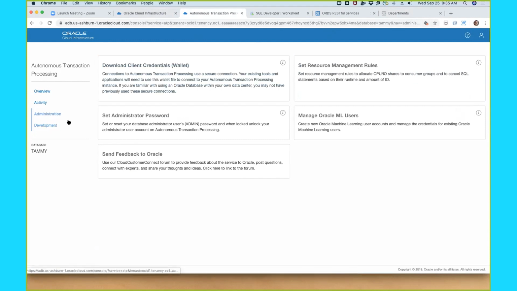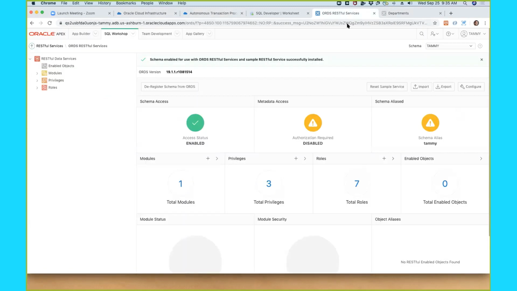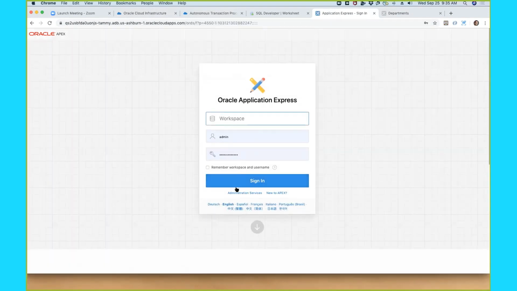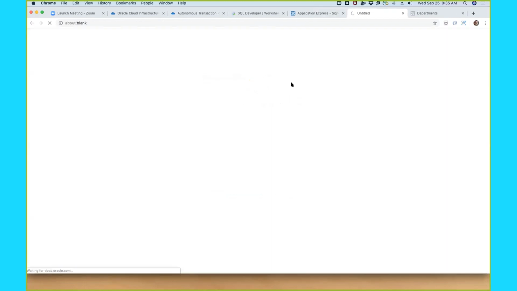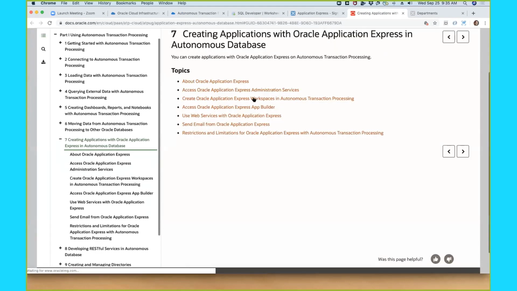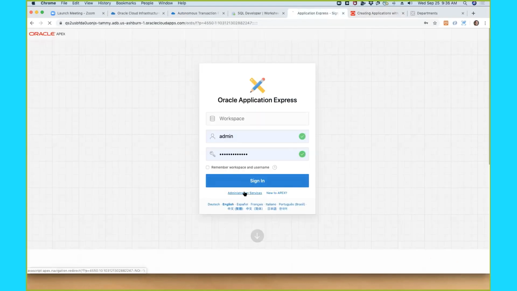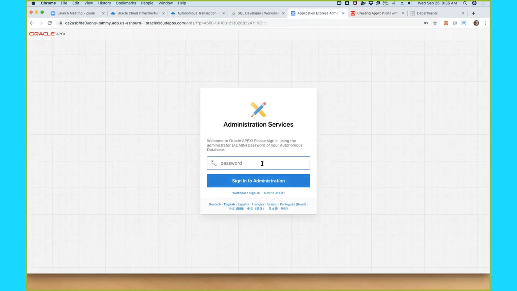So let me just go back to my Apex environment. If I log out of here, I'm just going to sign out. Just one thing while I'm here, if you click on this New to Apex link, that will take you to the documentation, including all the restrictions of Apex on Autonomous. But if I go back here and click on administration services, then